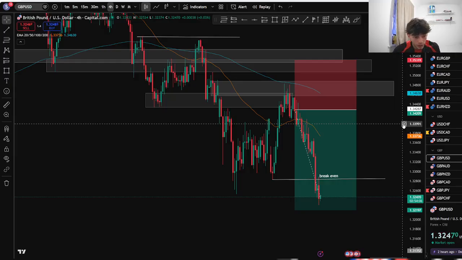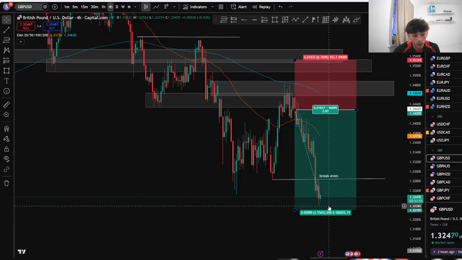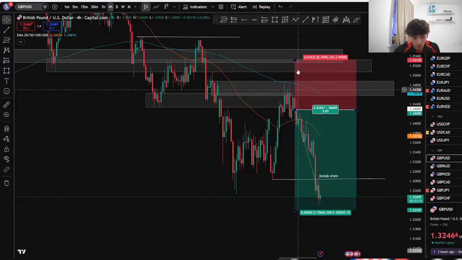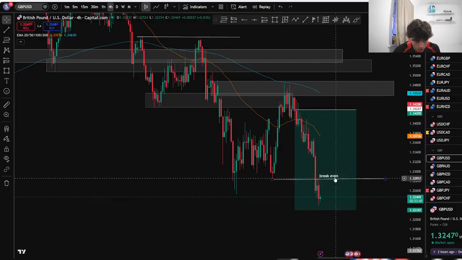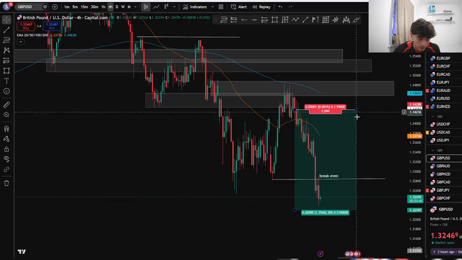So I'm in this pound USD trade, and it's 6:05 p.m. in the UK. So we're on a Friday as well, so we've got the weekend tomorrow. So I'm thinking, well, do I close? I've gone to break even, so we've got a risk off trade here, which is important. We're also very, very far from our